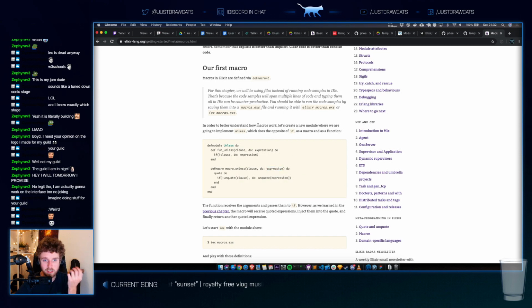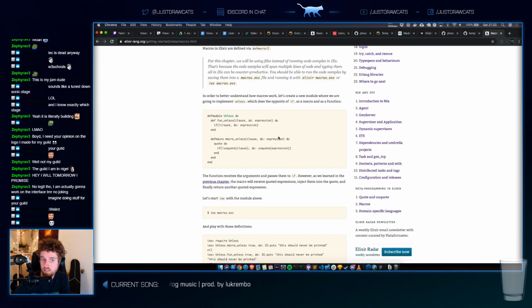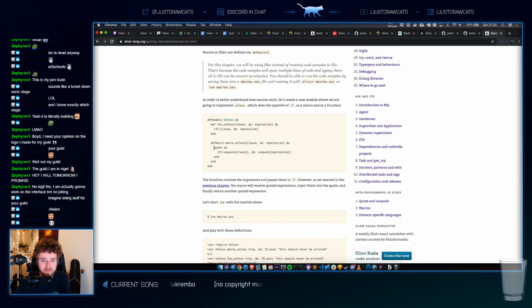In order to better understand how macros work, let's create a new module where we're going to implement unless, which does the opposite of if, as a macro and as a function. Function unless. I don't know what unquote does. Where does this quote come from?